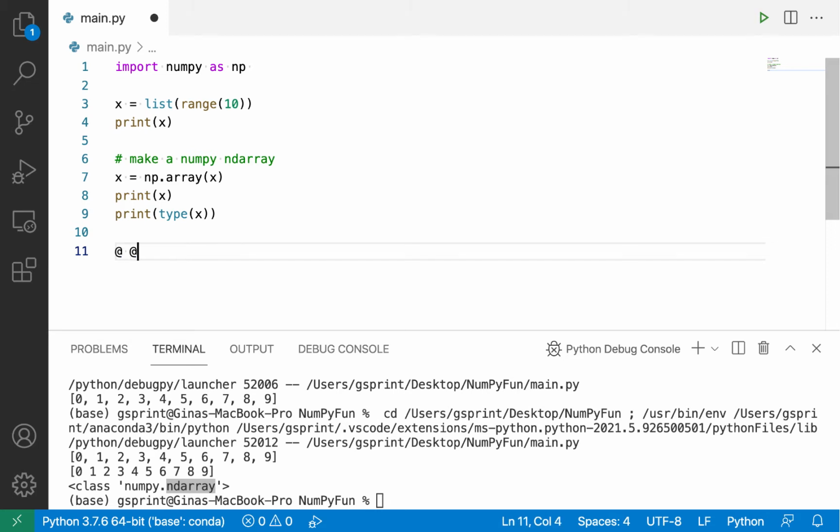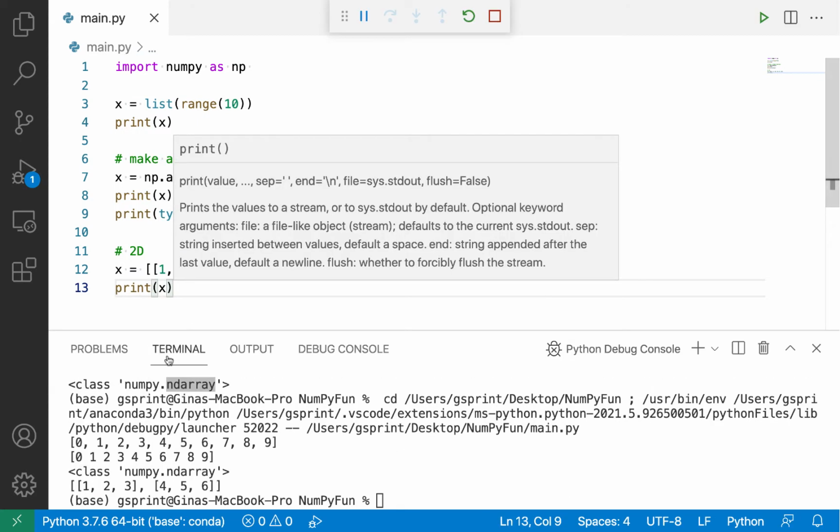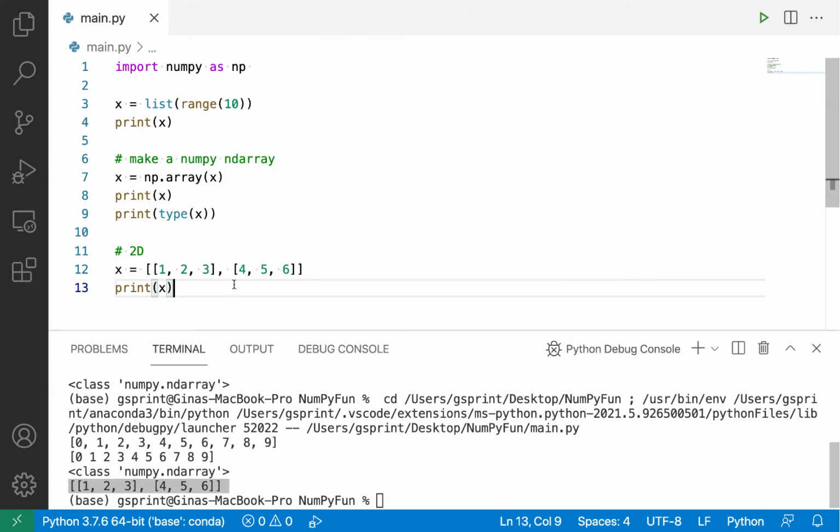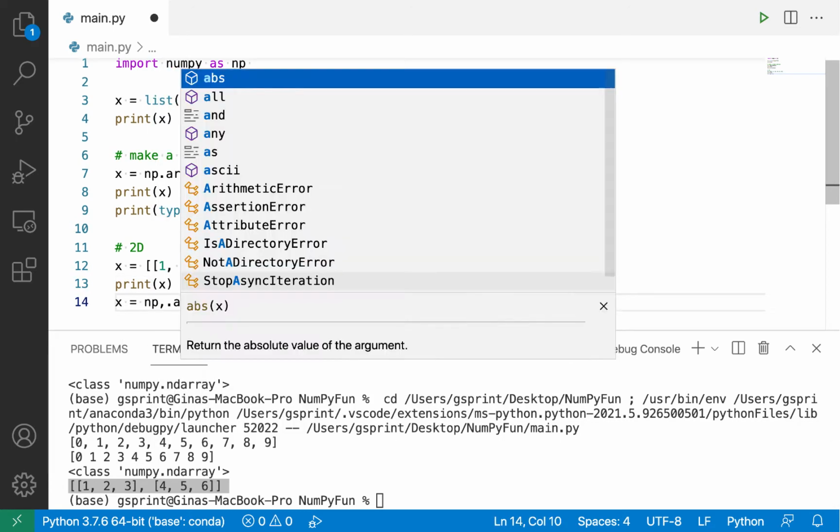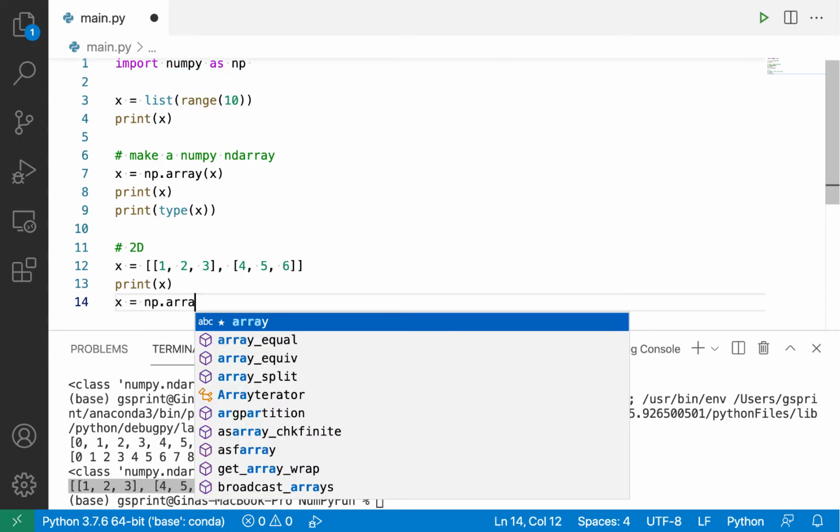Let's do a 2D array. Let's say X is a list again, starting with what we know. So let's do a 2x3 list. I have 2 nested lists. Each one has 3 elements. I'll print out X. This is a list just like we're used to. Notice that the output is all on one line. But if I make X a NumPy array,